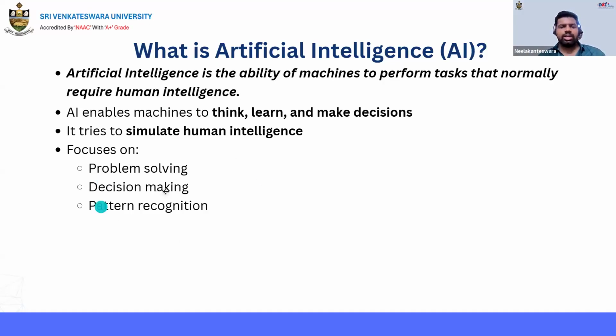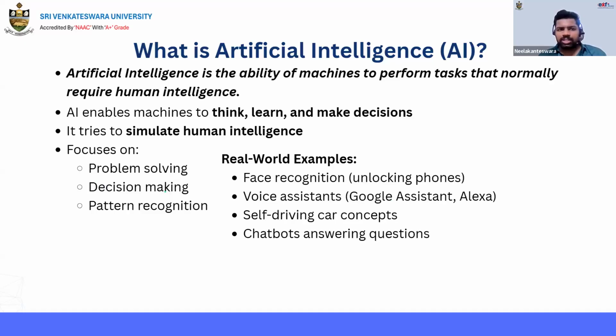Next we see the real-world applications where we can use artificial intelligence. The first option is the face unlocking system, unlocking your phone using your face. This is powered by AI. It reads each and every feature of your face, and according to that, it matches when you are unlocking your phone.